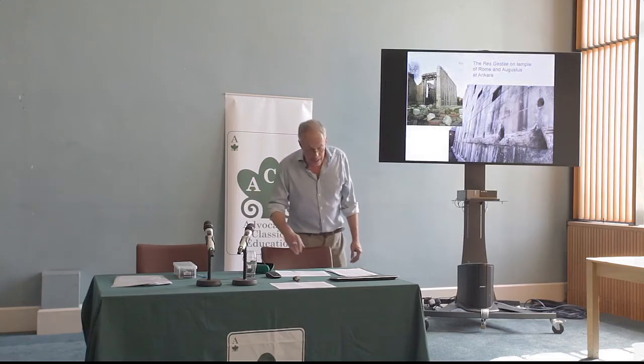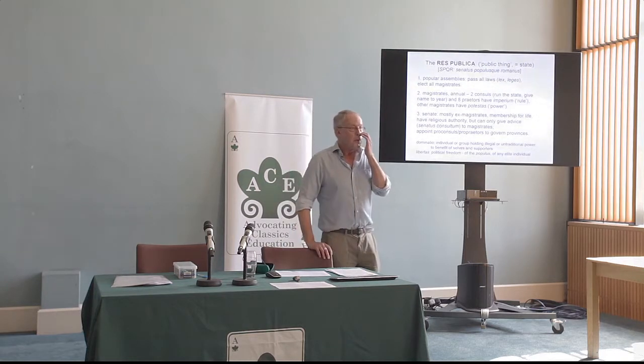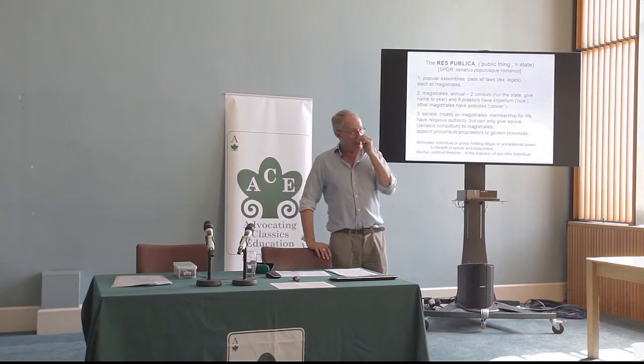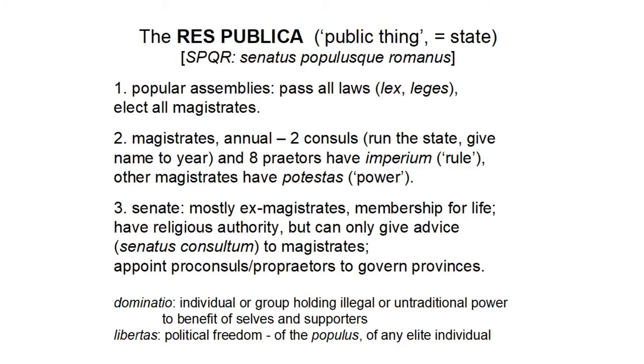Right, now we'll move on to the actual topic. And I wanted to start off by just explaining to you a bit about the Republic. What was the Roman Republic, and what therefore happened to it under Augustus? So the Republic is res publica, which is what the Romans called it. It means the public thing. I'm afraid I'm going to use some Latin because the Latin terms are often rather neater and better than other ones. It's the public thing, the state.